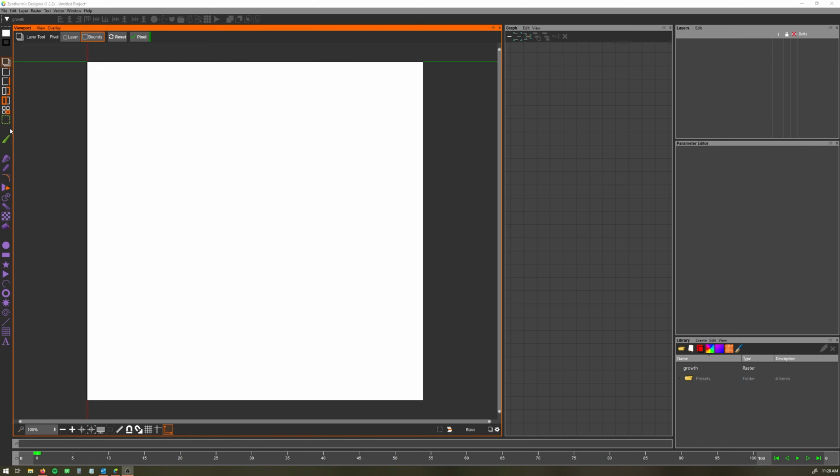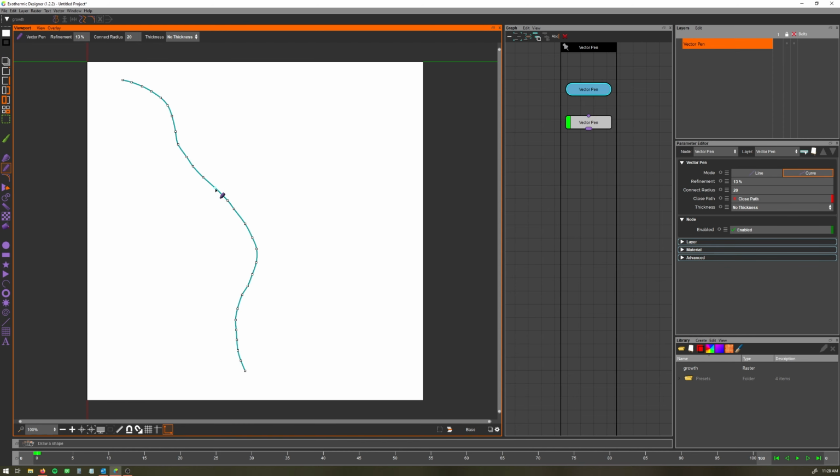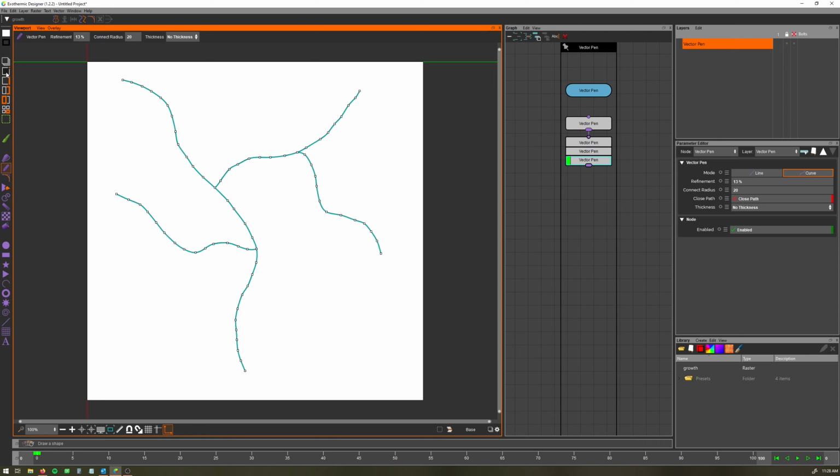create some cool effects. Alright, first we're going to create a branching vector graphic. Just like so. Just drag the tool. Beautiful. Okay, so what the growth